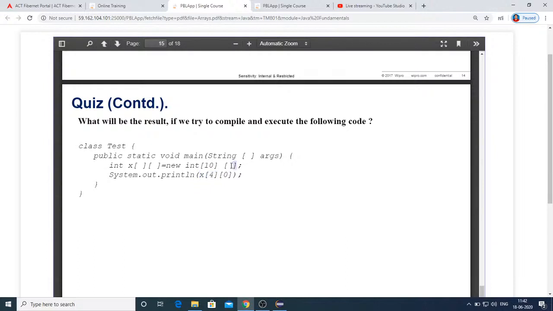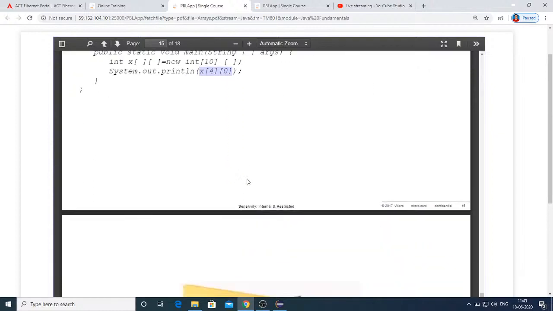When you have not mentioned the column size, it is understood by the JVM that you are going to allocate each and every row size later. But here, without allocating the size of elements for each row, you are directly trying to access the fifth row's first element. So it will throw a compile time error. So this is the error here.